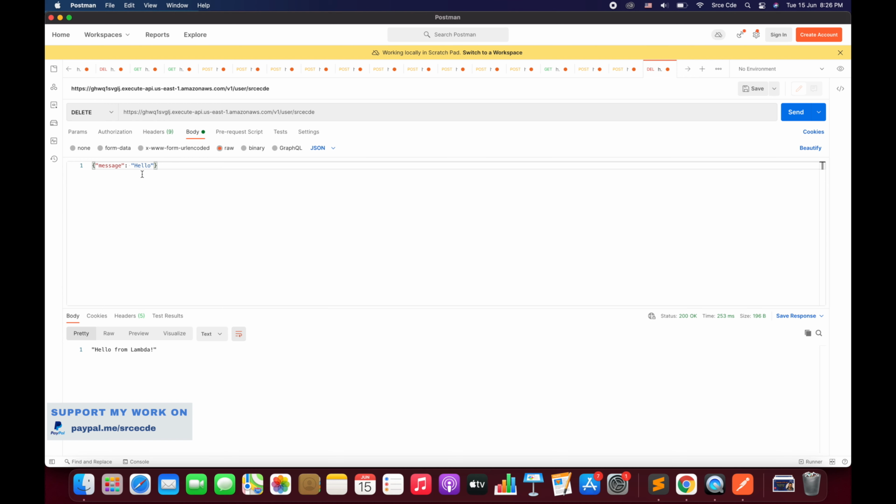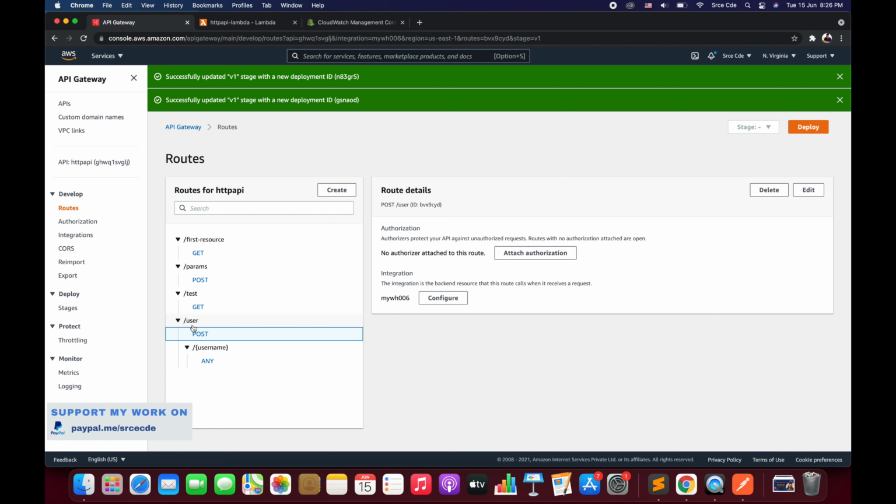So that's going to be the delete method, right? Again, this is dynamic. This is our path parameter. So this can be anything, any username, right? So what will happen is it will navigate to /user/ whatever username we are passing dynamically. And since we have the any method, we can use any of the methods that is supported by HTTP API